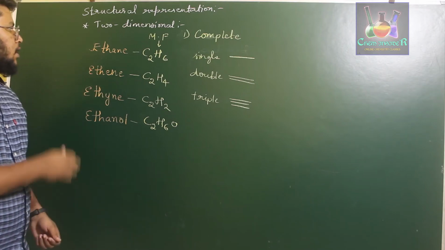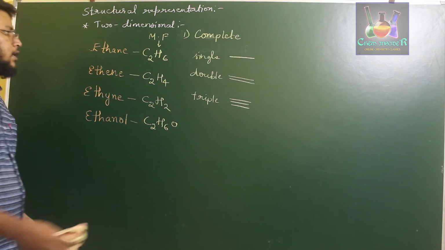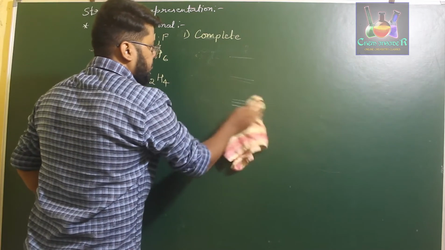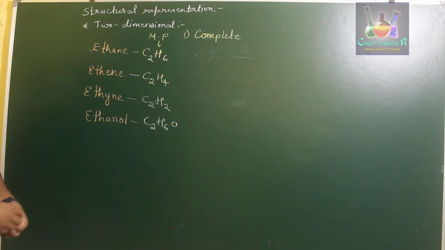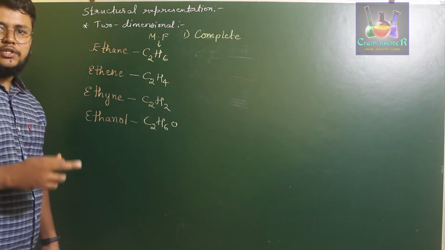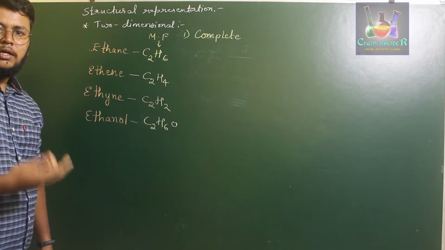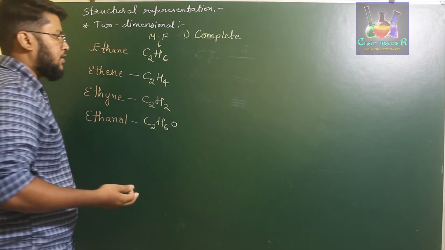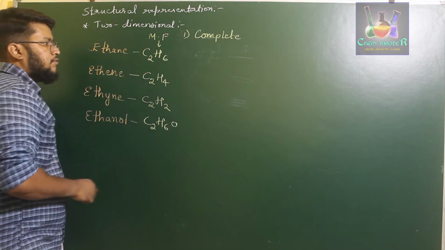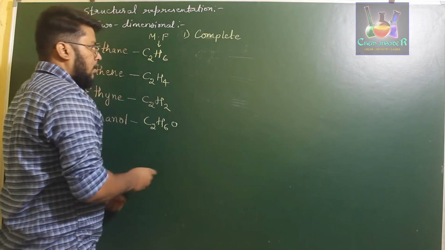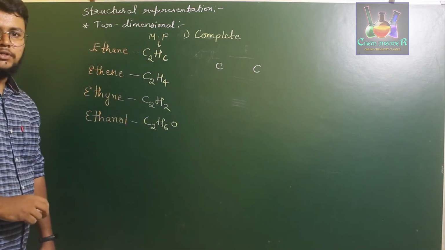Okay. So now let us start to write down these structural formulas in the complete representation of these organic compounds. So the first one is complete representation. In the complete representation, we said if there is a presence of a single bond, it is represented as a single dash, presence of a double bond, that means a double dash, presence of a triple bond, represented as a triple dash. Now if you consider carbon, first write down the carbon atoms. Okay, so two carbon atoms are present over there.